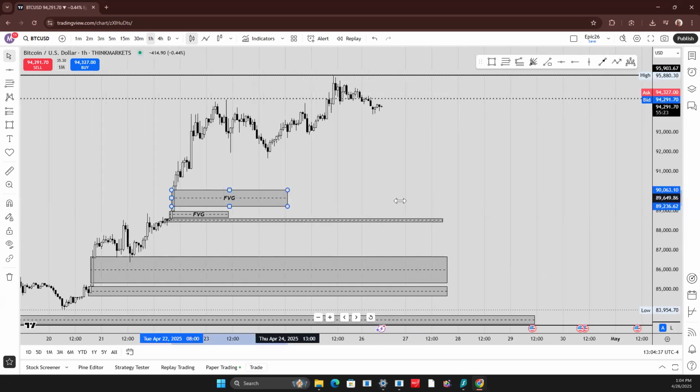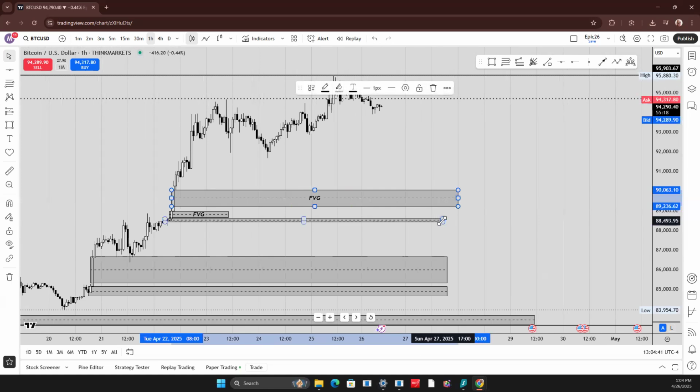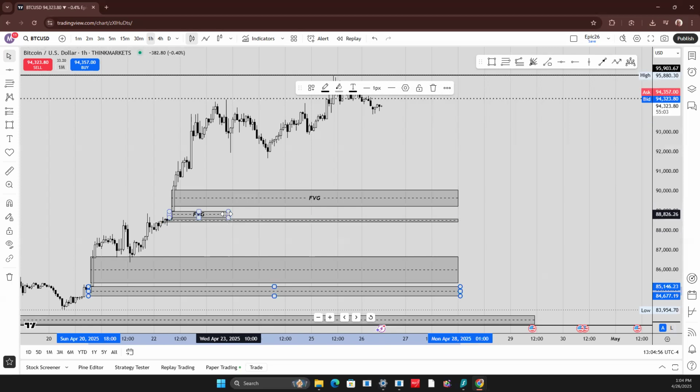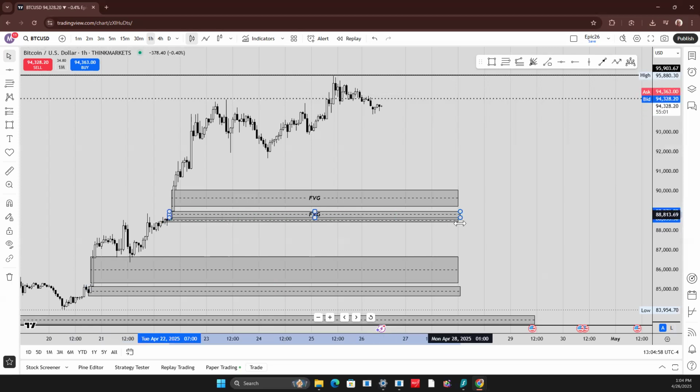Okay, and all you do is just stretch it out. This is really considered your supply and demand strategy. It's all down here. You're waiting for them to come down to these zones and for the candle to give you a buy signal. Once again, the candle gives you a buy signal, you're going to be all in the trade. Again, here's another